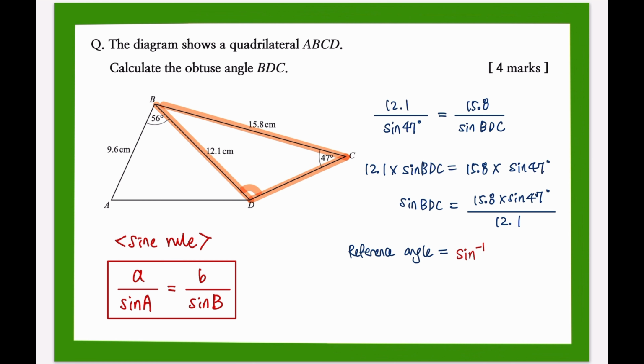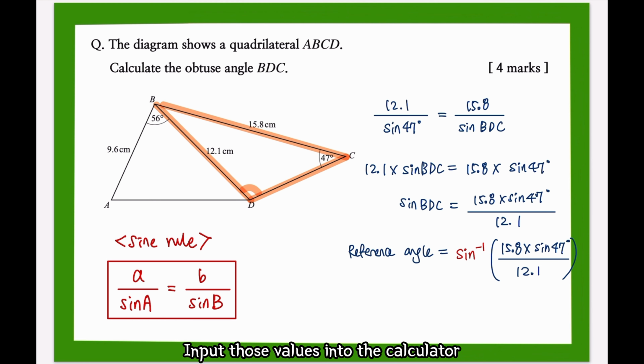So sine inverse of 15.8 times sine 47 over 12.1. Input those values into the calculator, then you get